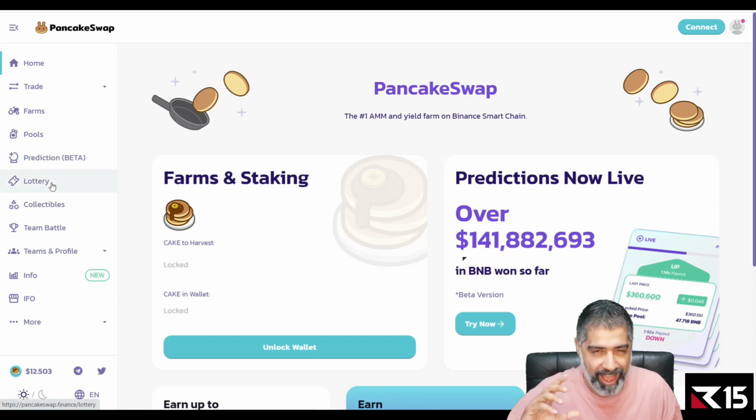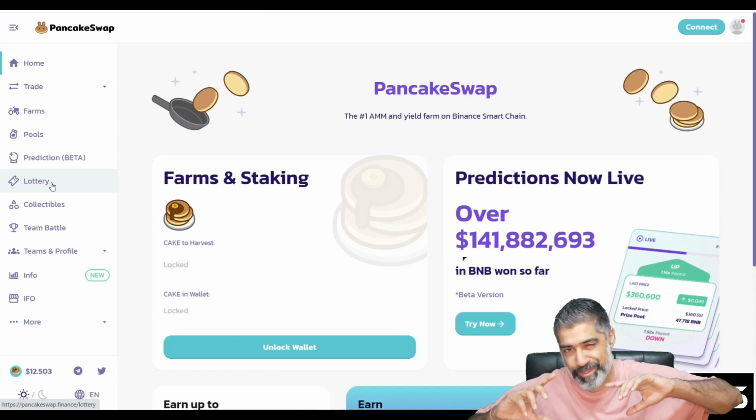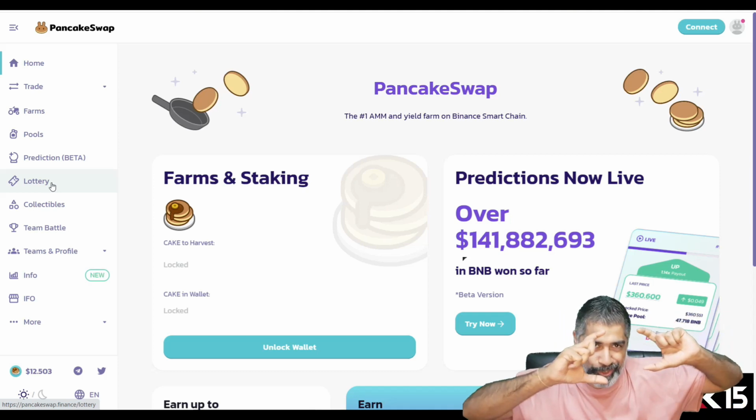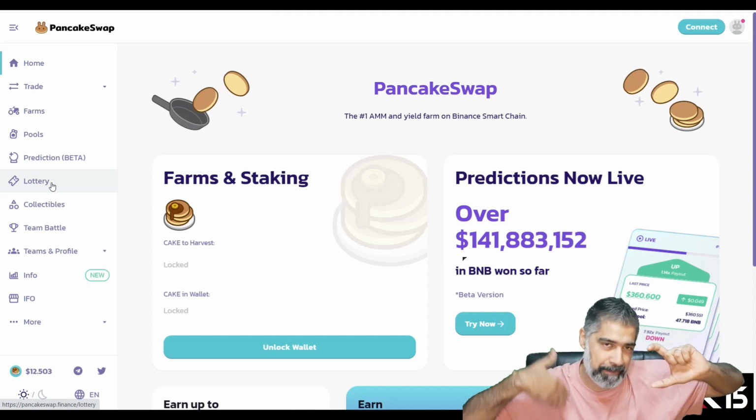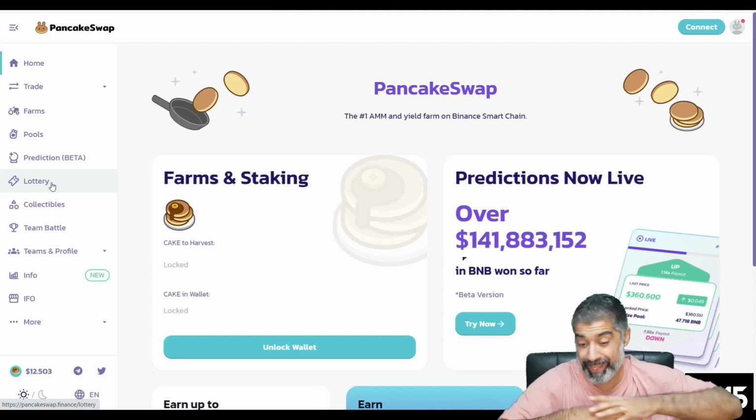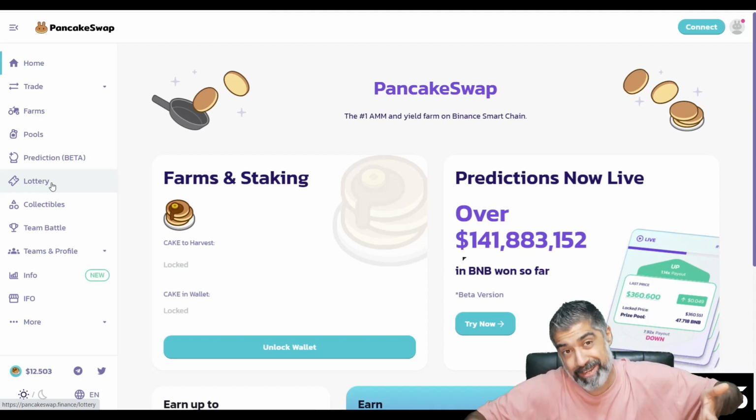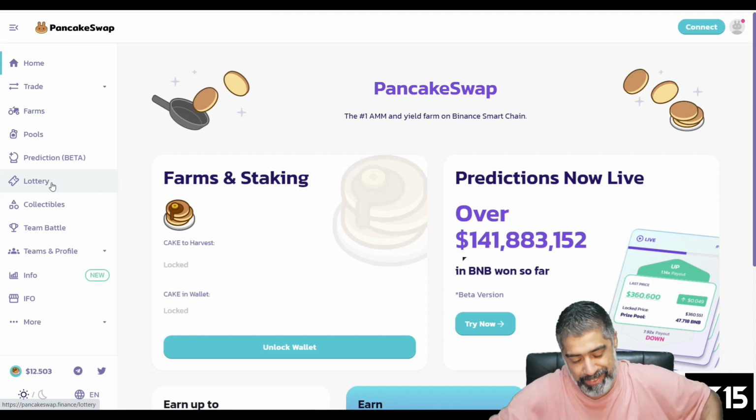Because if you Google it, I've been caught out a couple of times when there are phishing sites that put it as an advert and it shows up as the top rank. And naturally you'll think it's PancakeSwap. You'll click, it looks exactly the same. And then before you know it, you've lost some tokens.